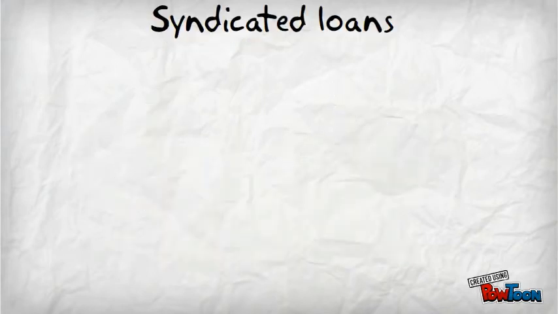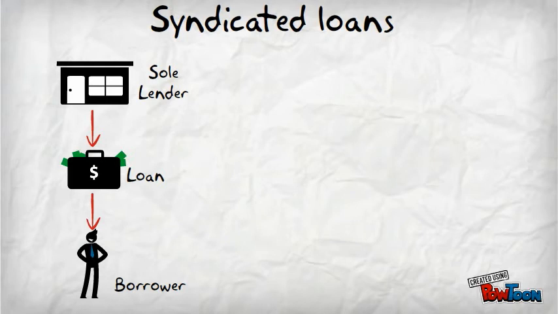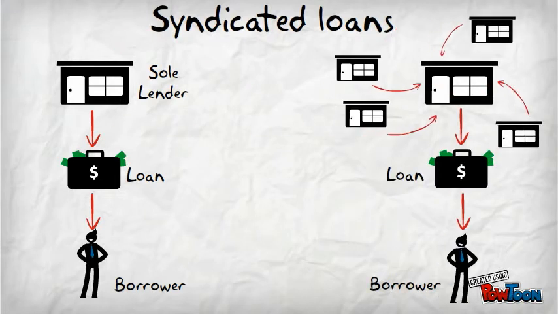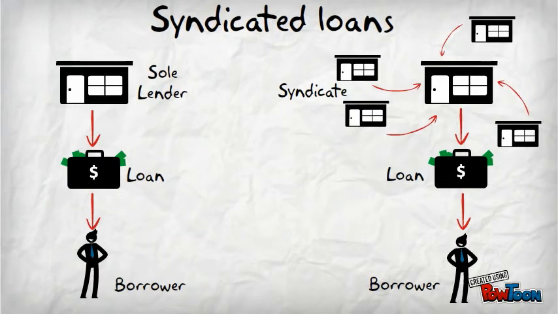So, let's first define a syndicated loan. You probably all know the loans whereby a sole lender lends money to a single borrower. In case of a syndicated loan, there's a group of lenders instead of a sole lender. This group of lenders is also called a syndicate, and offers a loan to one single borrower. In this paper, the group of lenders is a group of different banks. A lead arranger takes the initiative to find participant lenders to set up a contract. By doing this, banks are able to reduce their risk by risk sharing.